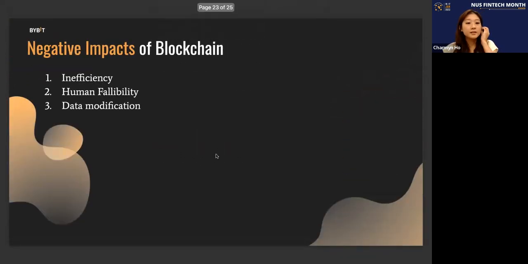So although blockchain technology has been around since 1991, it's still relatively new in terms of how people in the space are attempting to use it. So there are actually many kinks that have yet to be ironed out, and this space faces new challenges every day, which brings us to the negative impacts, or rather the disadvantages of blockchain.